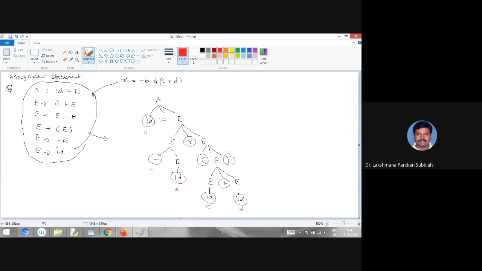So we are getting this parsing. Any parser, top down parsing or bottom up parsing, whatever parser we use, it will give the parse tree, correct?